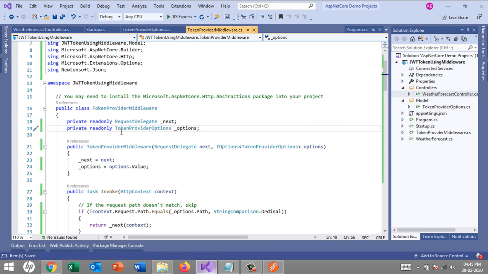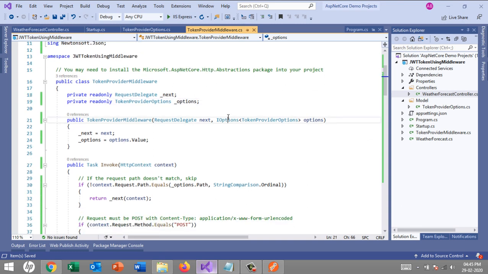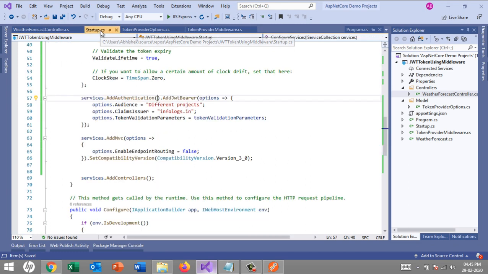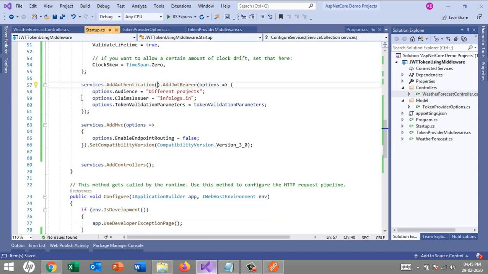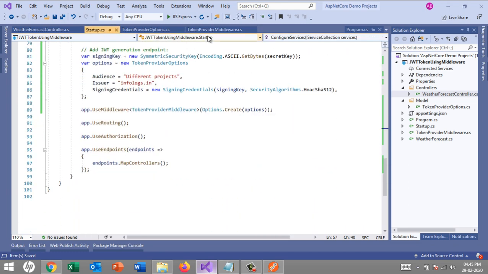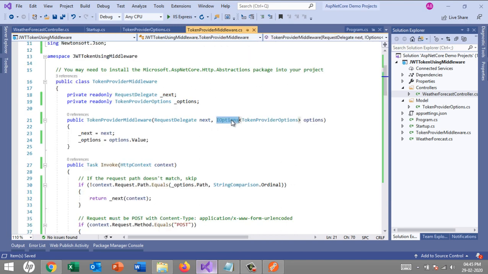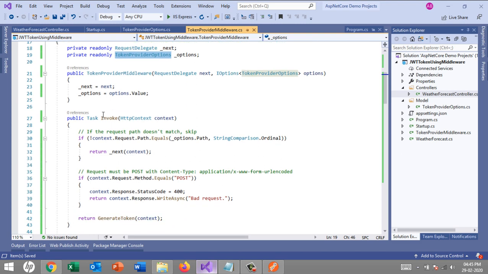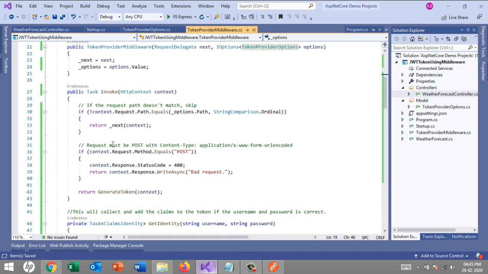Okay, where we have included the options. Why did we include these options? Because at the registration time of middleware, we have to pass a few options to our middleware. That's why we have taken the IOptions extensions and passed it to the map options with your token provider options. Okay, and under the invoke method we have checked for the particular request from the context object,